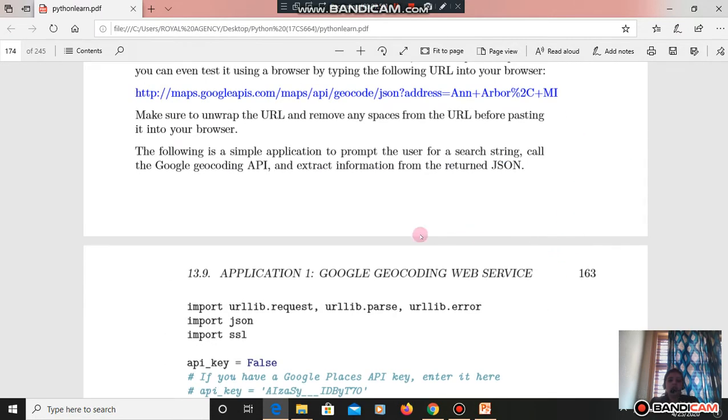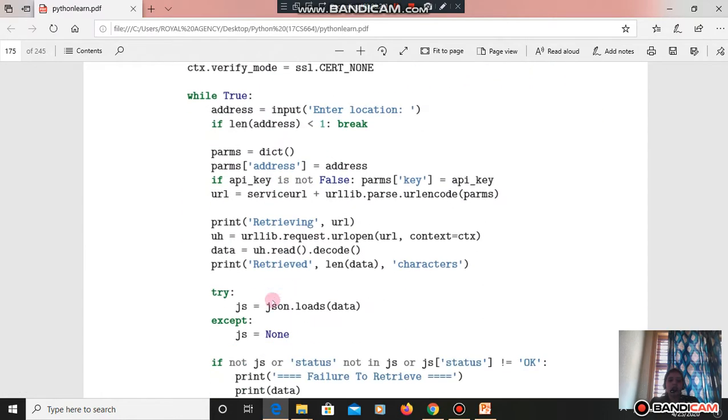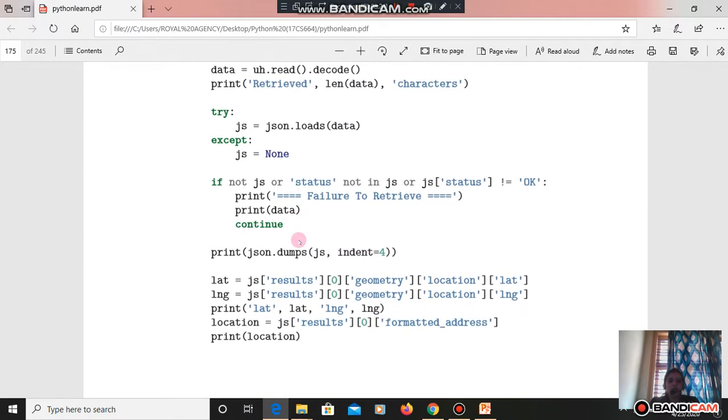Okay, so we have a simple application that prompts the user for a search string, calls the Google geocoding API and extracts the information from the returned JSON. So this is the procedure. If you have a Google Places API key, enter it here. If you don't have one, then do not enter it. Okay, so this is a procedure where you have to write the code and then load the information related to